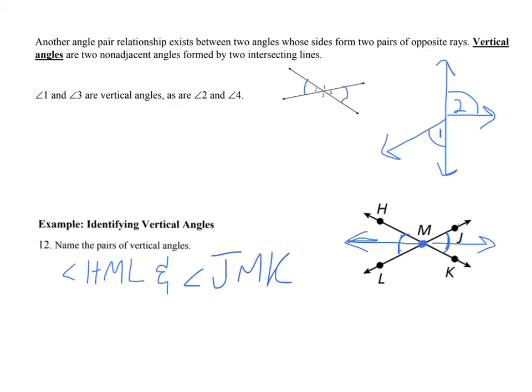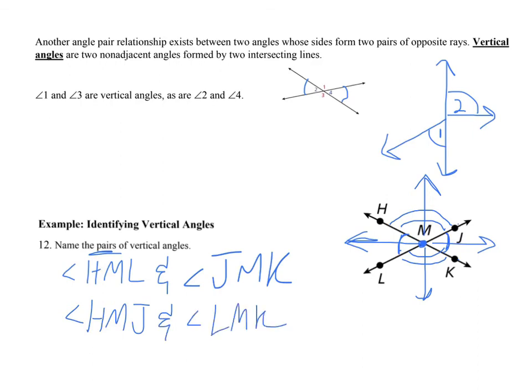Now, there's a second pair of vertical angles. There's another two angles that start at M and go in opposite directions of each other. And that is going to be angles HMJ, which is going upward from M, and angle LMK, which is going downward. So HMJ and LMK are also vertical angles. So it says name the pairs of vertical angles, so I should write those down too. Angle HMJ and angle